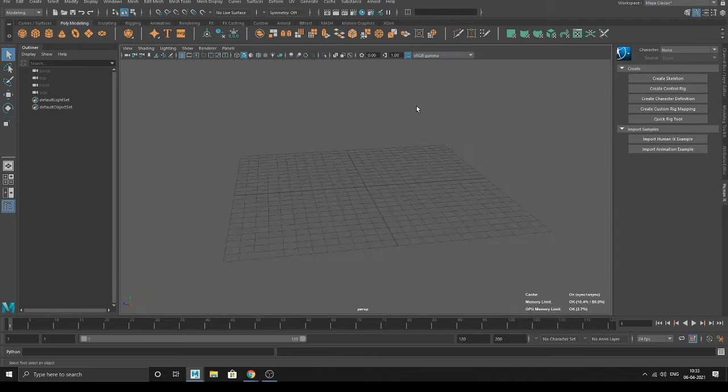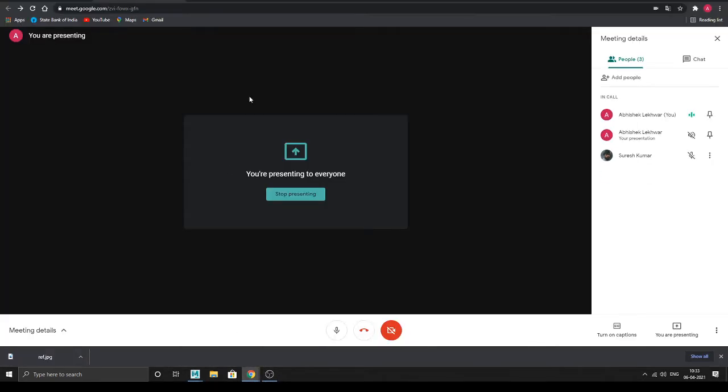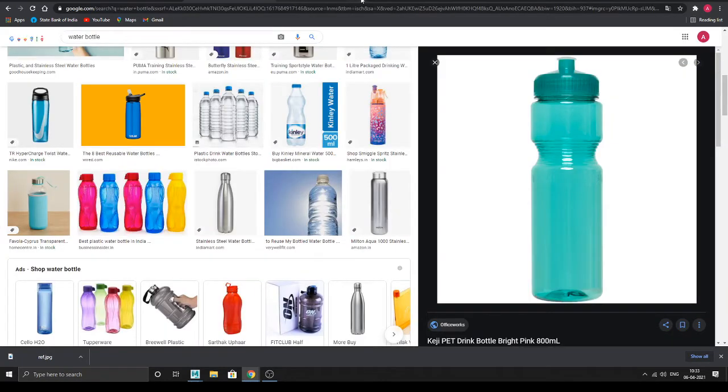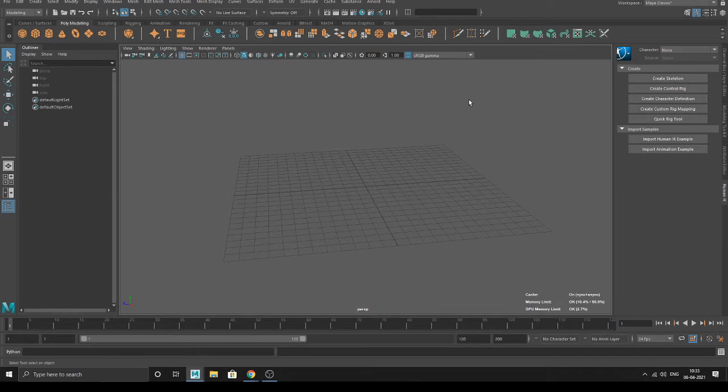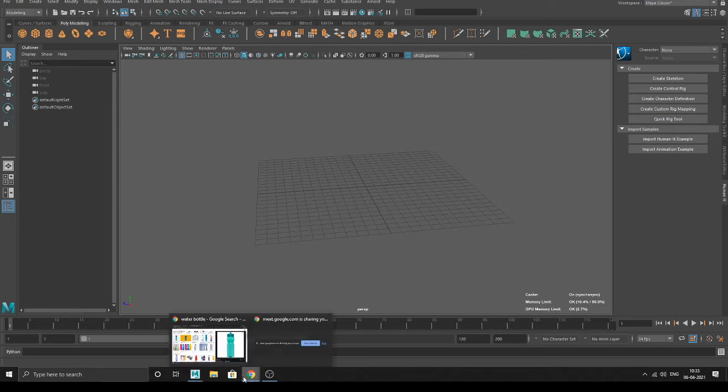Now where we have to focus is when you open Maya and start the modeling part. You took the reference, everything is done. You have the reference image. You are modeling a bottle, you know how the bottle looks, and you have the front view of the bottle. Now we have to add that front view reference image in this viewport. This is a viewport. Now how to add it? Which view is this? The bottle we saved.